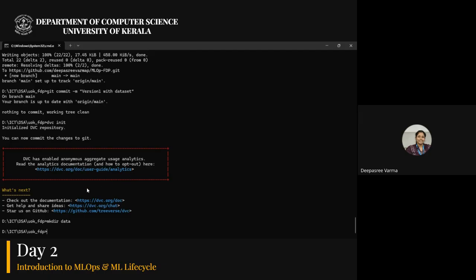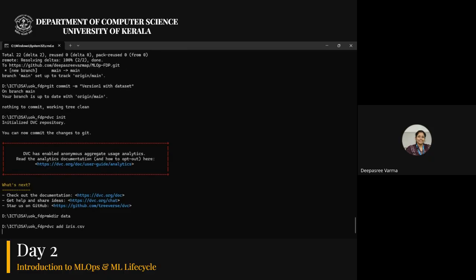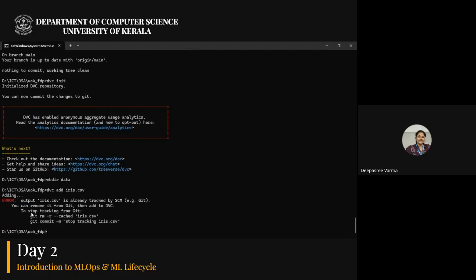So we can just add, if you want, you can add to this data, or you can just directly give DVC add iris.csv. If you want, you can put it in a directory called data, and then you can add it to DVC. Otherwise, also just fine. So in our case, it is already there in Git. That is the reason. So maybe we can put it inside data. So you can just copy it inside data and try.